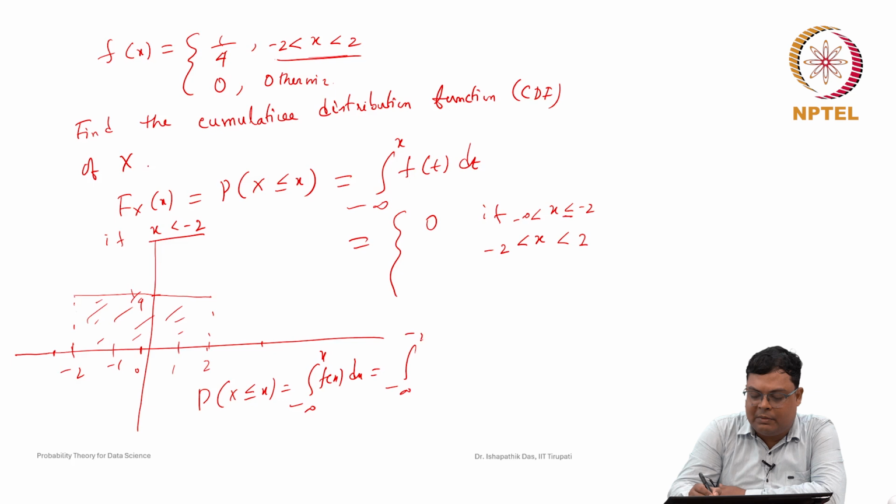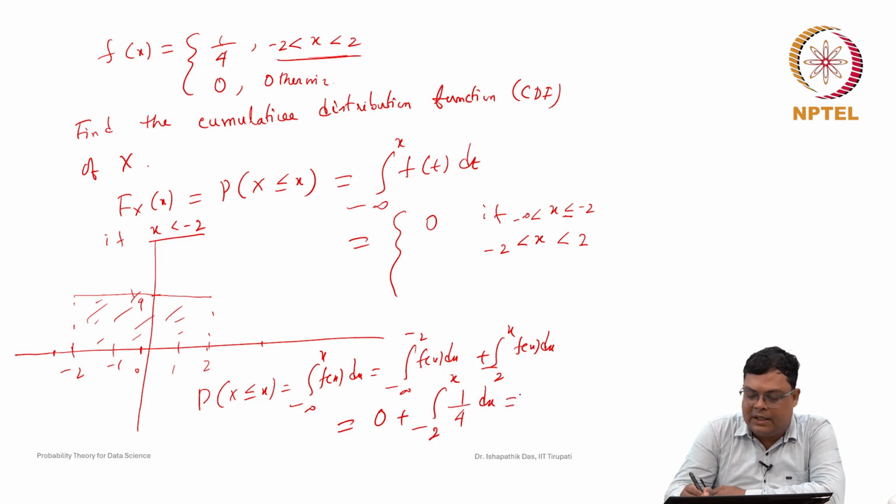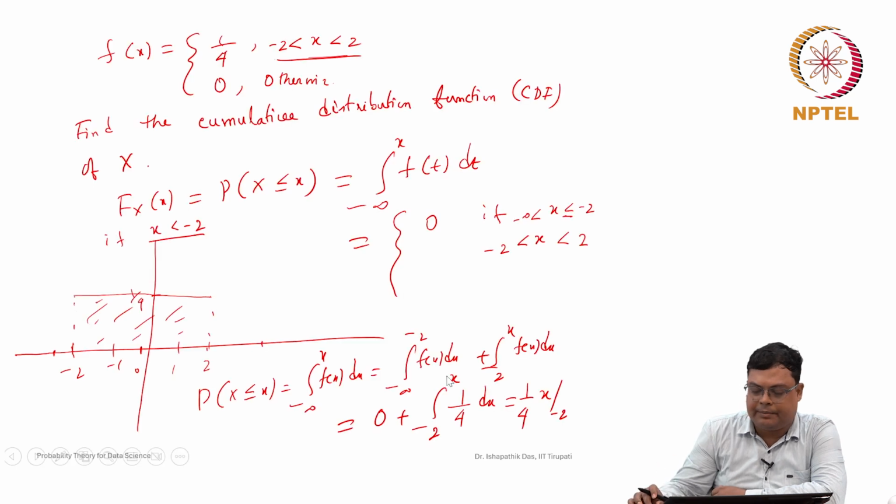This is the integral from minus infinity to minus 2, which is 0, plus the integral from minus 2 to x of f_X, which is nothing but 1 by 4 dx. If you do the integration,